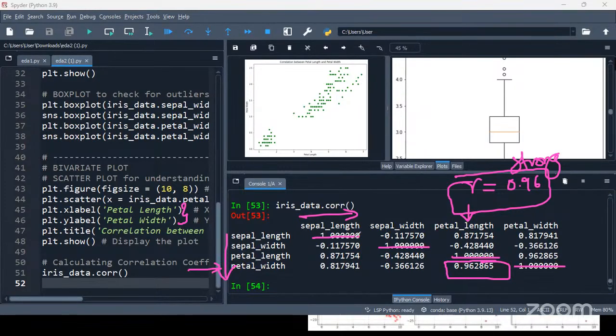I hope it is making sense. Can you tell me the relation between sepal length and petal length?